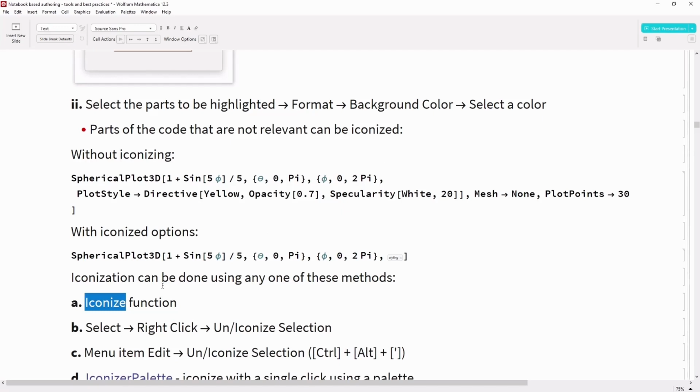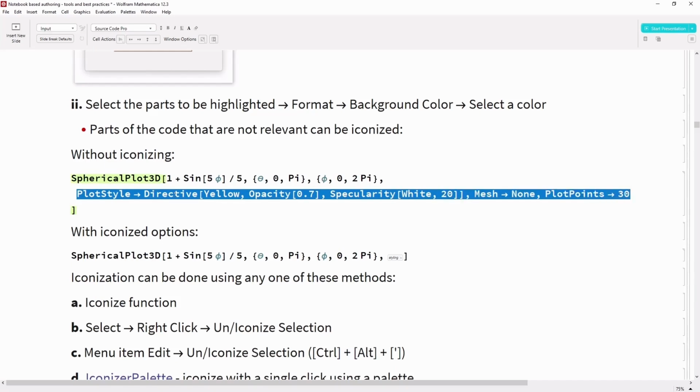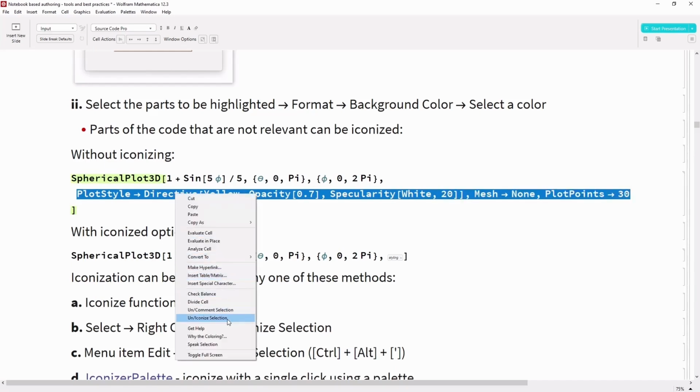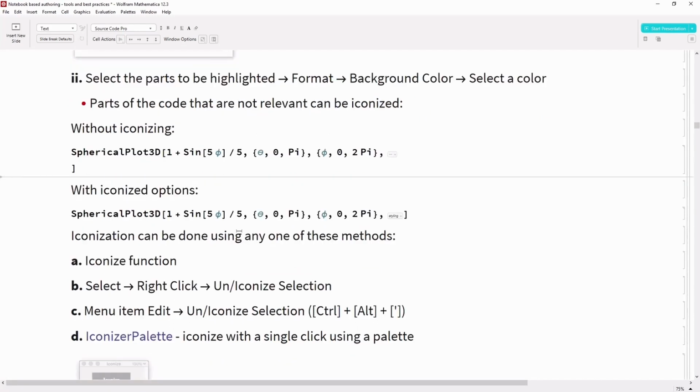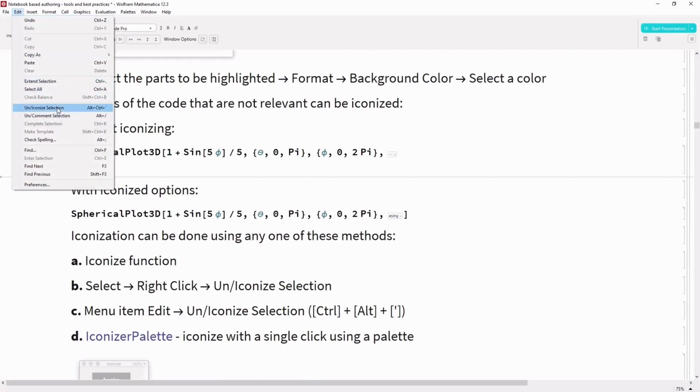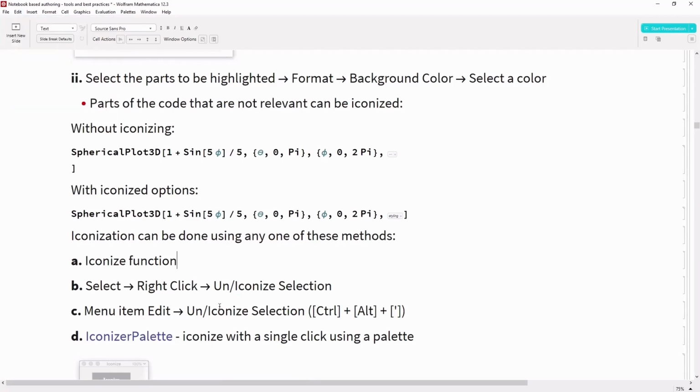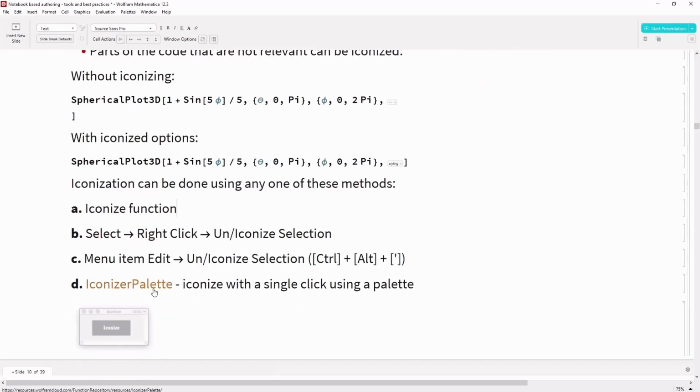Iconize is a Wolfram Language function, or we can simply select the expression and, after right clicking, iconize the expression. The same thing can be done by going into the Edit menu and using Iconize Selection. The shortcut for this is Control-Alt-key. We can also make use of the Iconizer palette, which is a resource function.